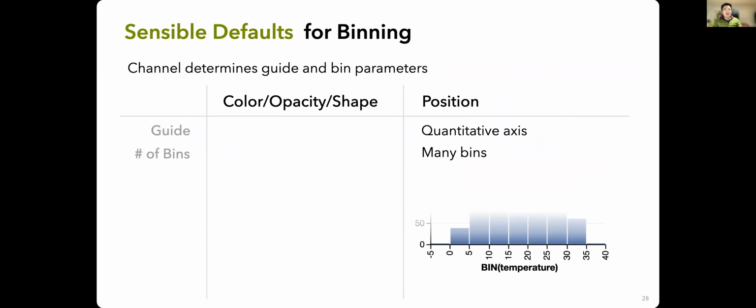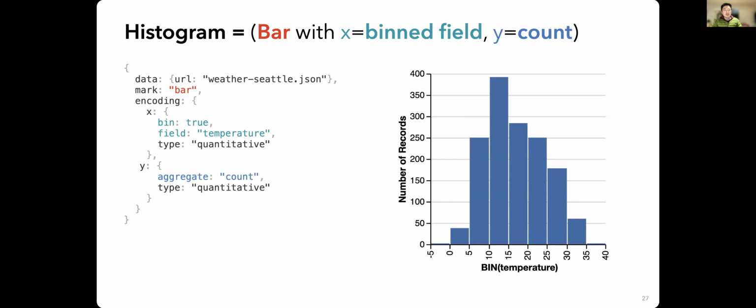Professor, about bin, I want the explanation, please. Why do we use this bin? Oh, okay. The bin here is because if you want to create a histogram, the way a histogram works is to have a number of bins. So you need to put bin true here. Otherwise, it will just treat X as a field and map that to, instead of showing this as a